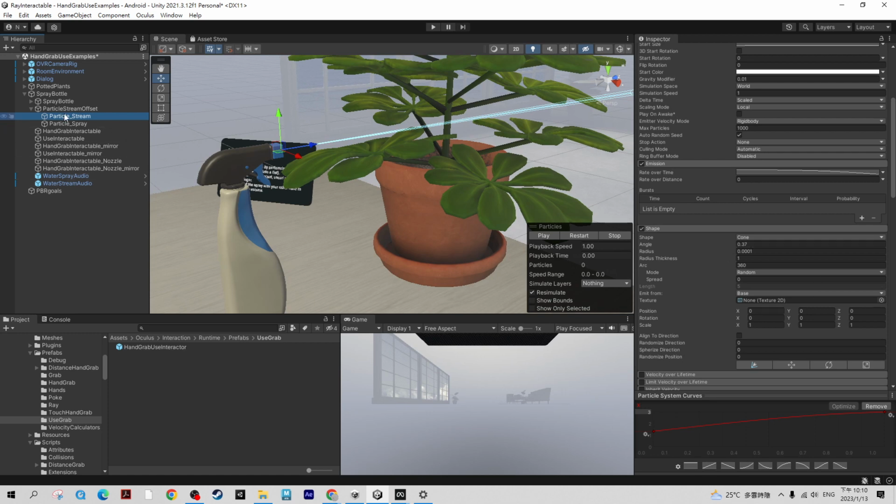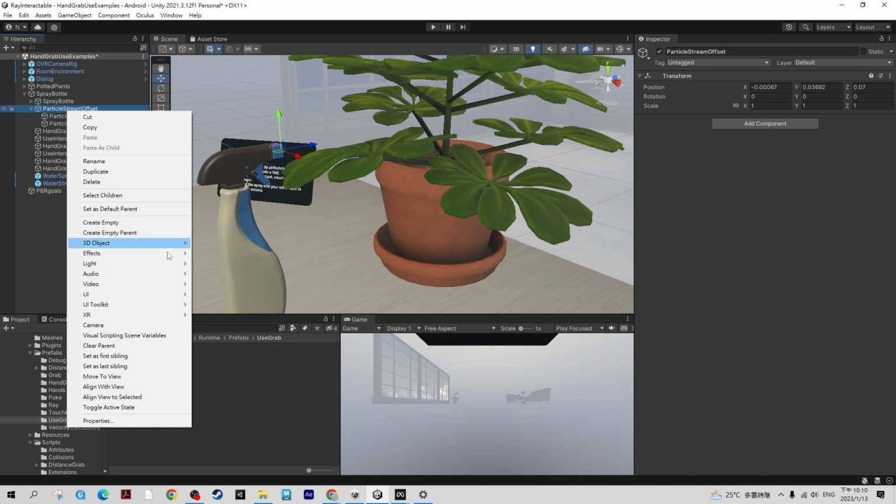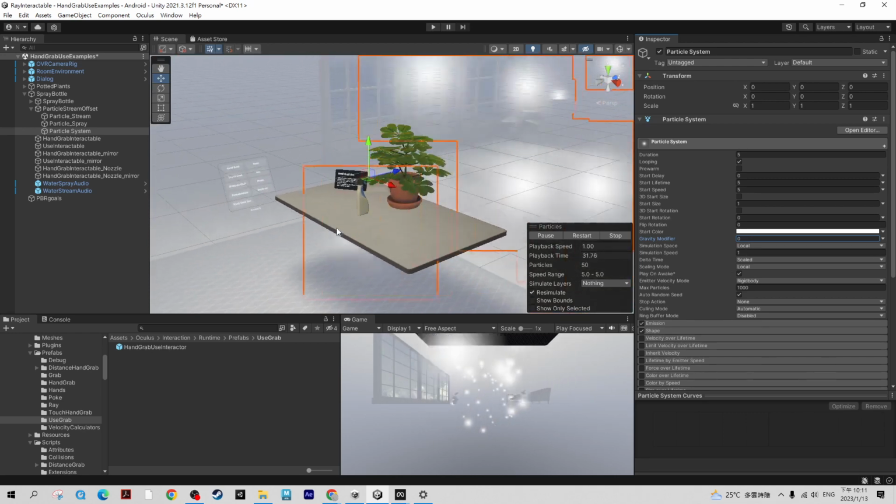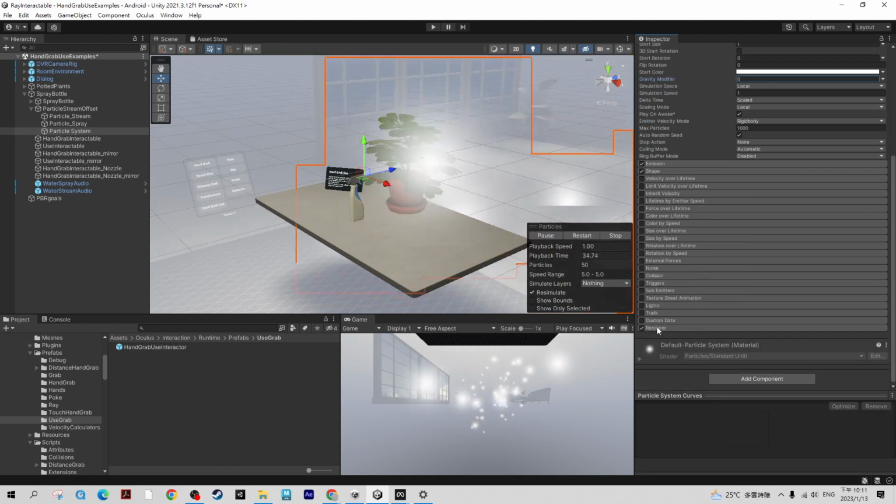Okay, if you want to change it, right click, go to Effects, Particle System. So change, see. Down here you can change the angle. Yeah, gravity modifier, put the 9 down. No, the particle is very... modifier 0, because here the main system